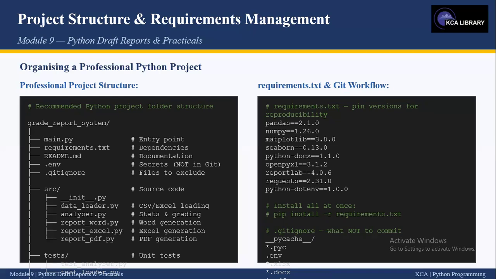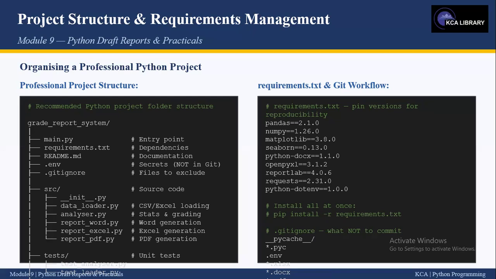Project structure. Organizing a professional Python project. The requirements text file lists all project dependencies with pinned versions. This ensures that anyone installing the project gets exactly the same library versions, preventing compatibility issues. All dependencies can be installed at once using pip install